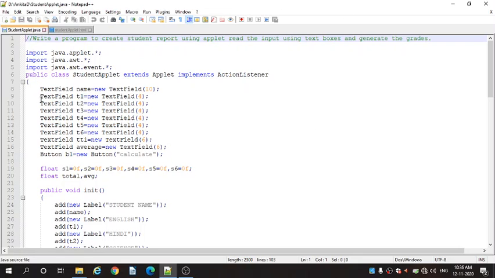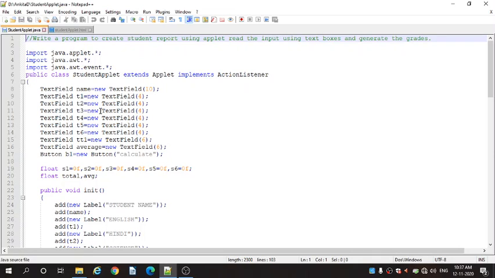Inside the class, we have initialized the text boxes. Okay. Because for entering the marks of 6 subjects, we need text boxes, that is input controls.